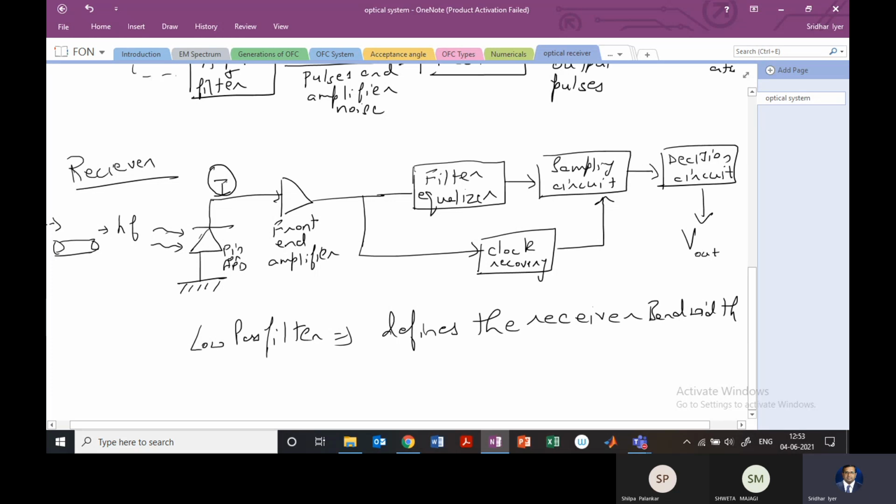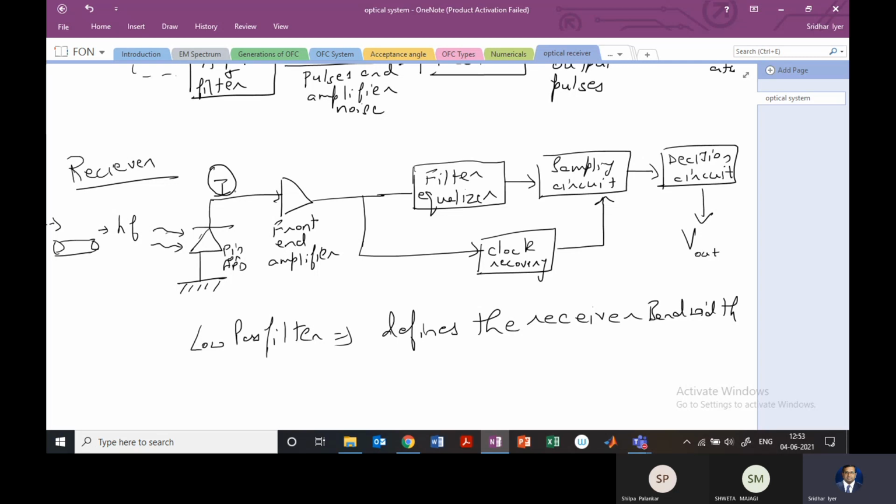Okay, so you must understand this from a communication point of view. Whatever is the bandwidth of the signal that we have before it hits the APD and pin will be different than the one that is allowed outside from the filter, because it depends on the noise which is going to affect the signal, right? So this filter is going to be a low pass filter, and this will define the receiver bandwidth.